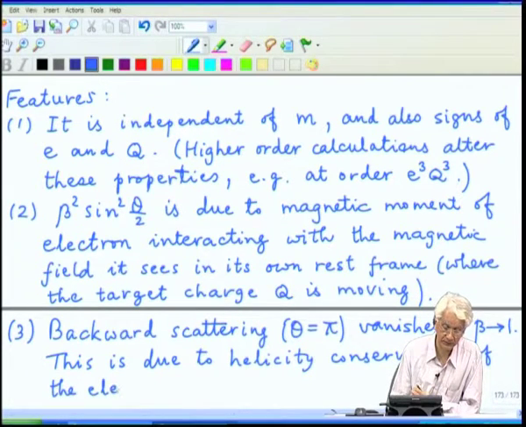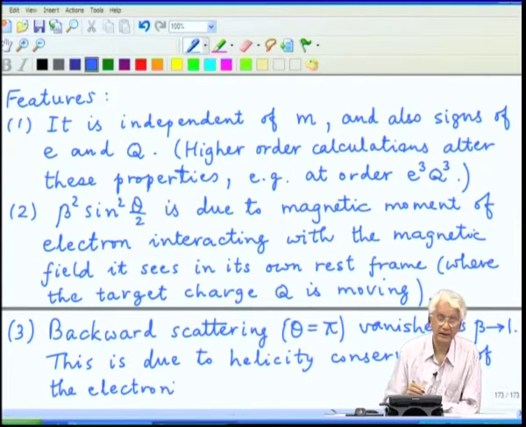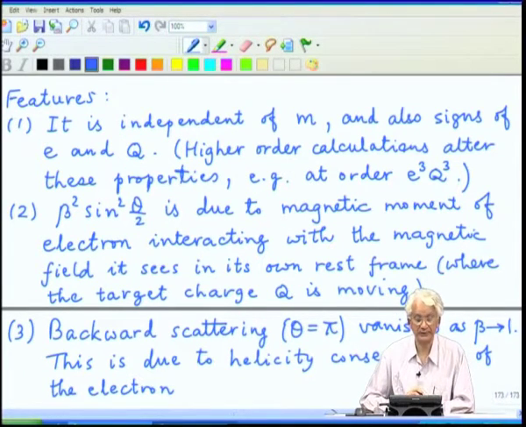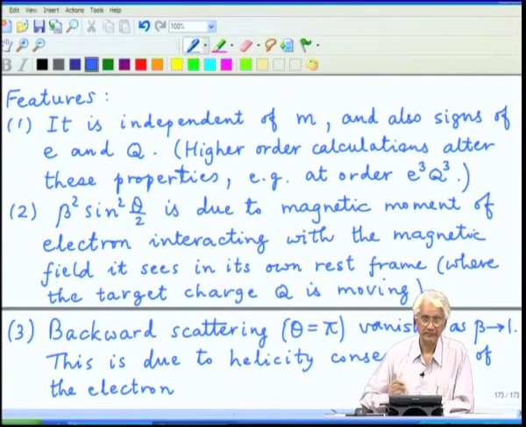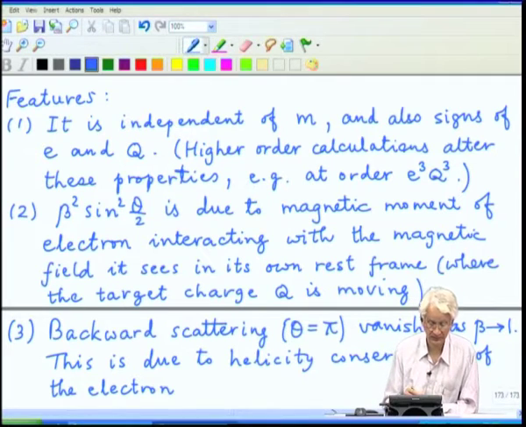When beta goes to 1, the helicities are essentially decoupled from each other. There is no mass term which connects the two, it is negligible, and as long as the electron has a fixed helicity, it can't scatter backwards, because backward scattering means the spin will remain where it was pointing, the angular momentum is conserved, but the momentum direction reverses. So, the backward scattering corresponds to a change in helicity. If helicity is conserved, that contribution must vanish.